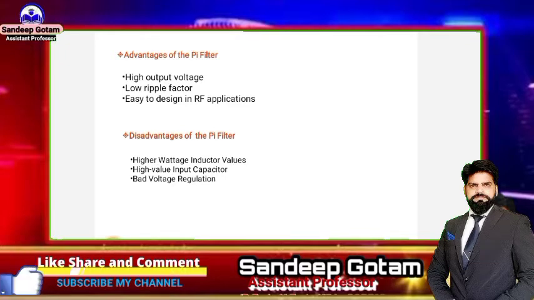Ripple is basically appearing when the output of the DC is a combination of AC, which is the input basically. तो input का कुछ portion यानी कि AC का कुछ portion जब DC पर appear होता है तो this is basically known as the ripples. तो इन्हीं ripple को हम दूर करने के लिए filter का use करते हैं. तो definitely with the help of this pi filter we are getting the low ripple factor.